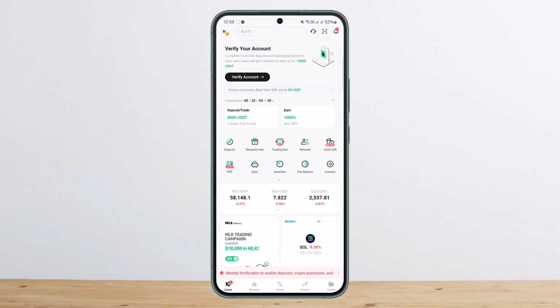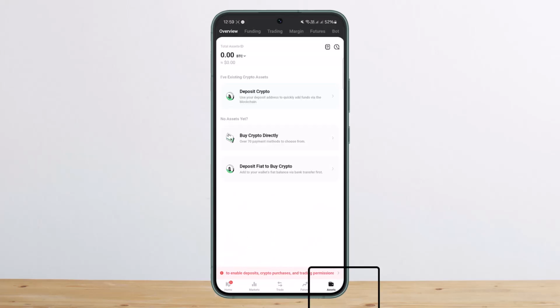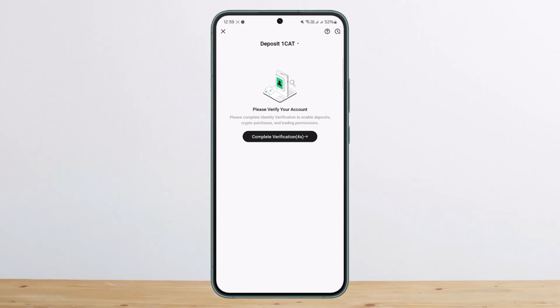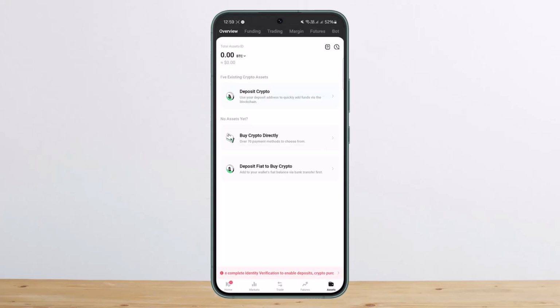Now once you own the crypto and now you want to sell it, you can hover over to assets tab at the bottom, and then you'll get the option to sell your assets that you own. Right now I don't have any, so it's not showing up here, but you'll get it right here. Now once you get it here, what you can do is you can simply go ahead